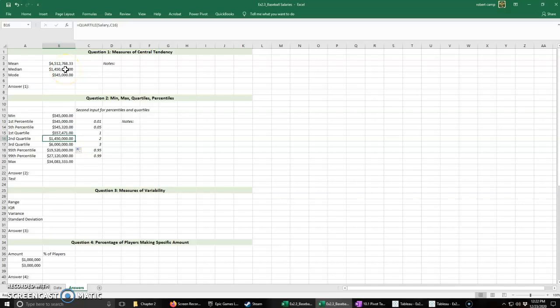the median, which is what it should be, because with the median you have exactly the same amount on one side as the other. Okay, so there we go. And that's how we get the min, max, quartiles, and percentiles. And so